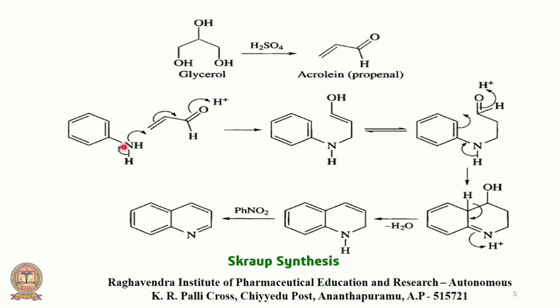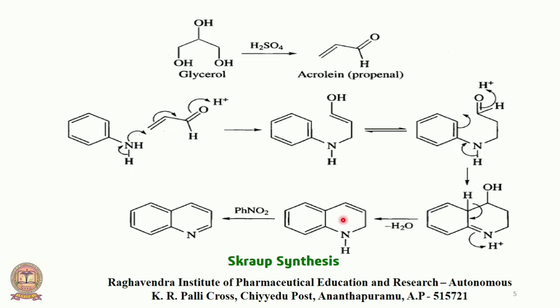This acrolein reacts with the aniline, that is phenylamine. The nitrogen links to the carbon atom, forming this intermediate. It then undergoes cyclization in several steps in the presence of ferrous iron(II) sulfate. By removal of water, the hydrogen from this position and the OH, it makes a bond here. So it gives 1,2-dihydroquinoline.